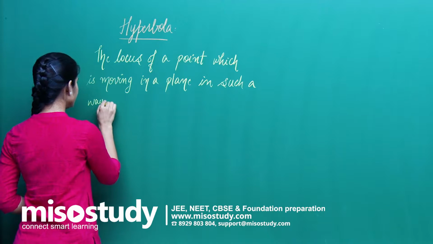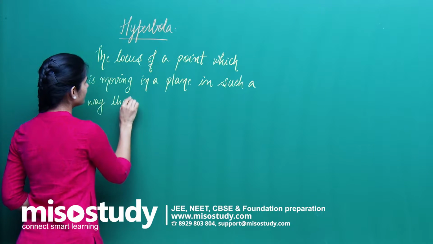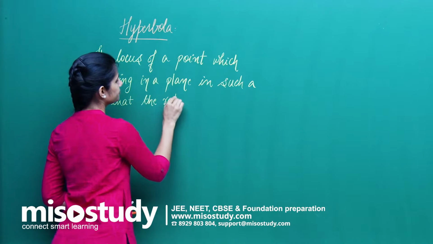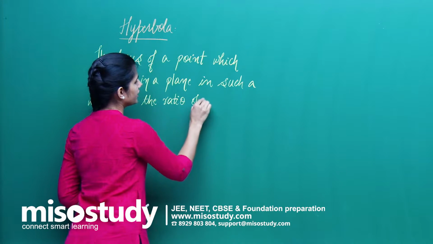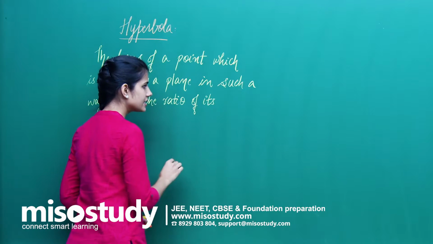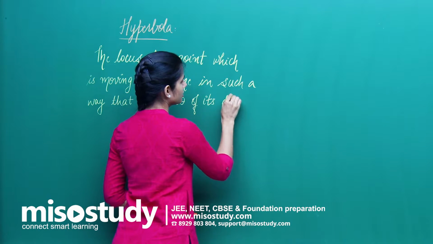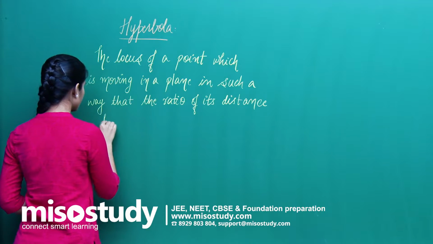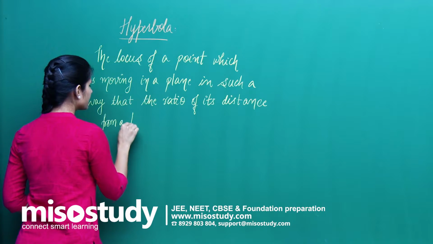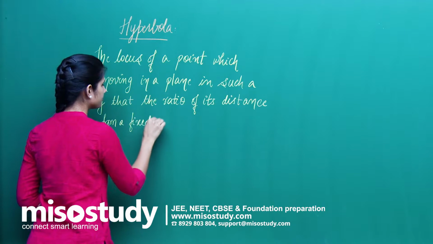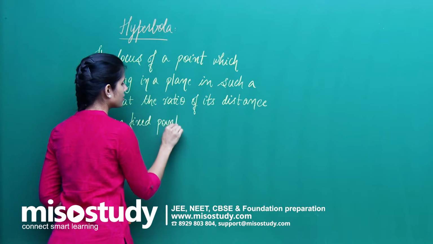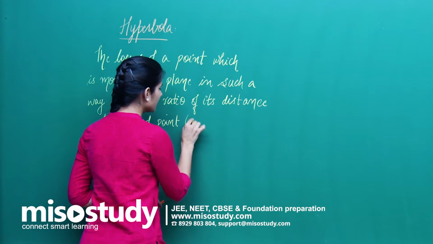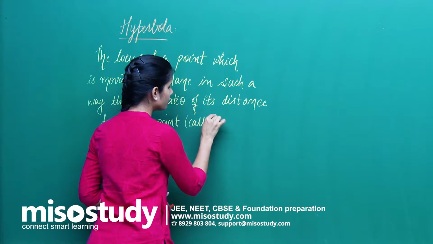What is that condition? In such a way that the ratio of its distance from a fixed point, and that fixed point you know is called focus,